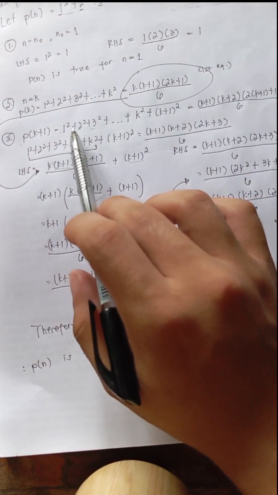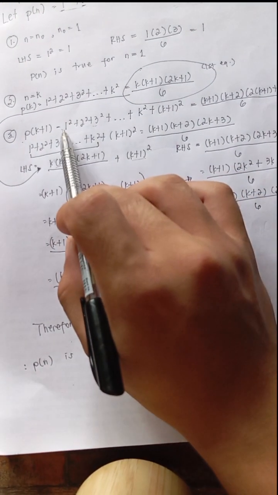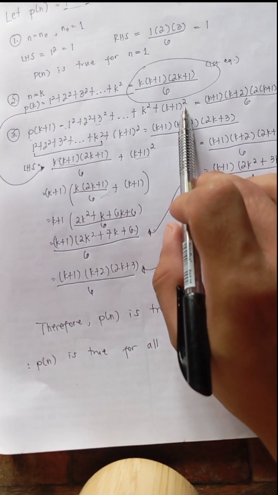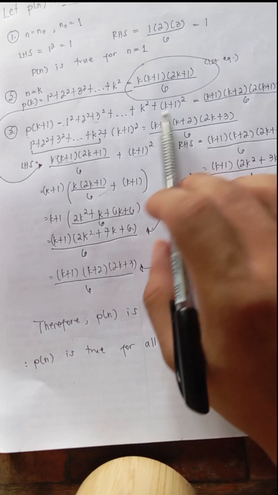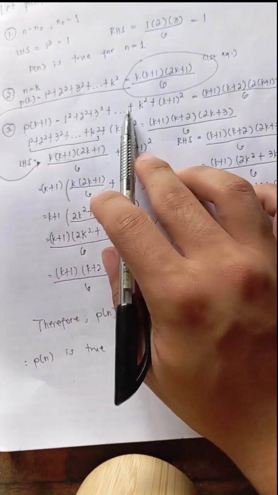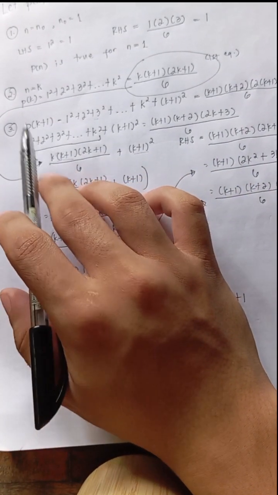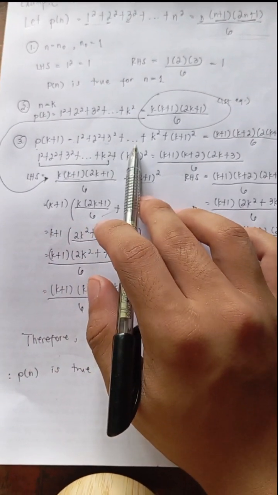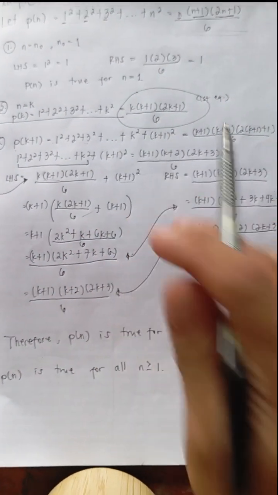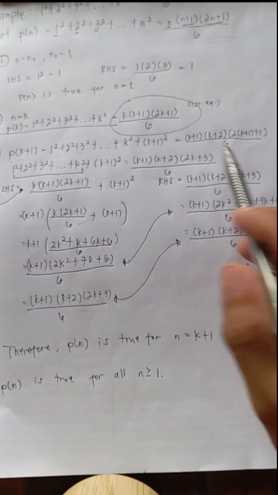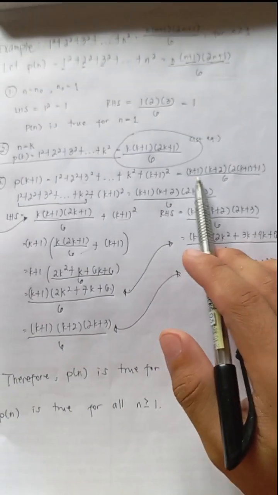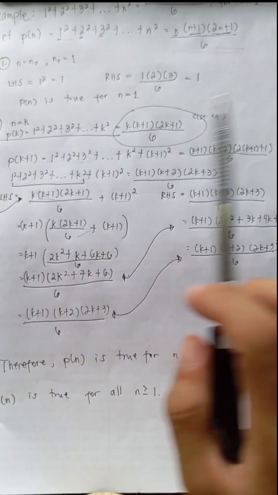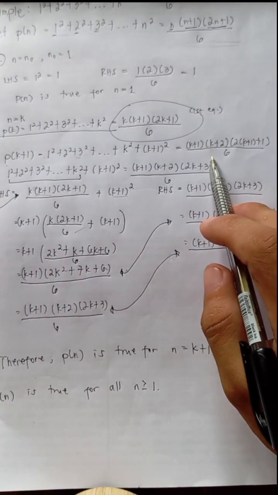But on some resources, they are just copying the whole equation and then plotting the k plus 1 on the next number. So, therefore, P of k plus 1 is equal to 1 squared plus 2 squared plus 3 squared plus ... plus k squared plus k plus 1 squared is equal to k plus 1